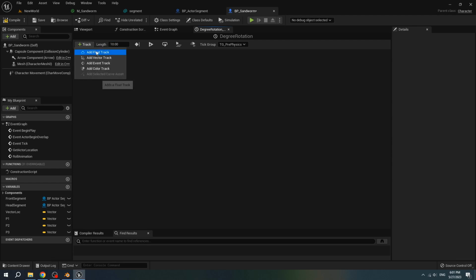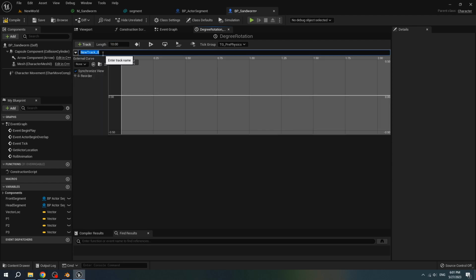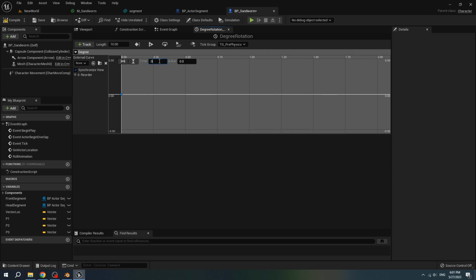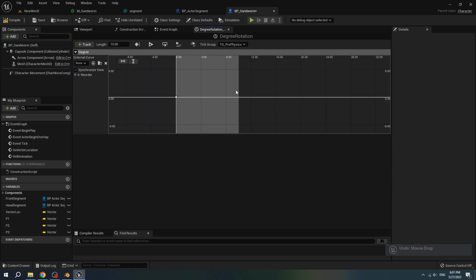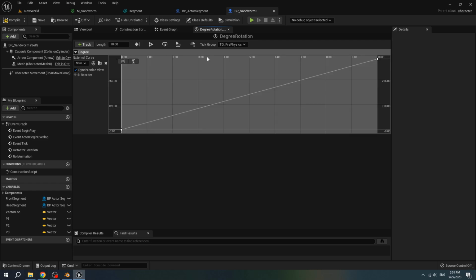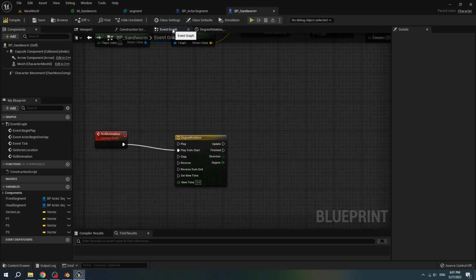Add float track. This float track name is degree. First, add key to curve float. Time is 0 and the value is 0. And when the time is 10, value is 360. Press F to zoom out.